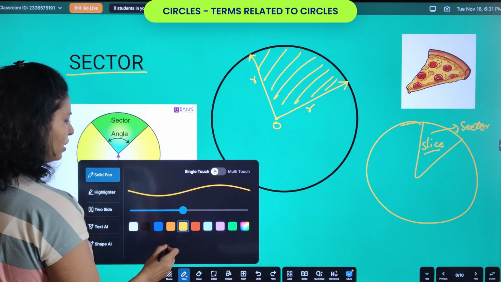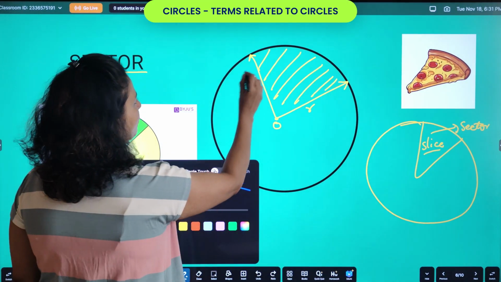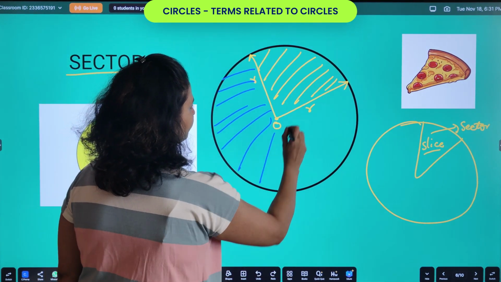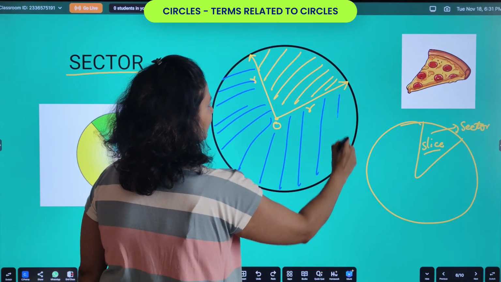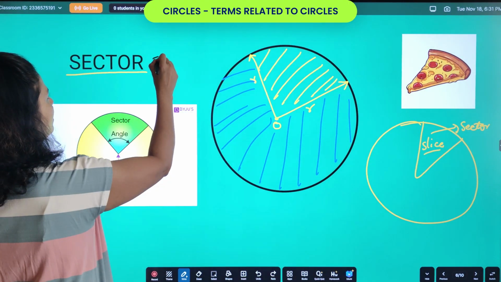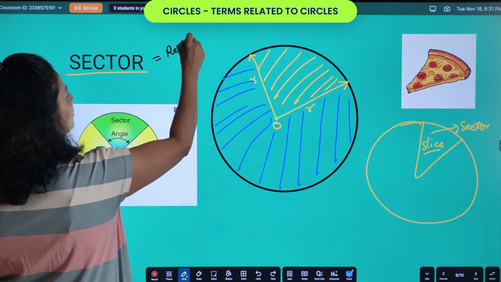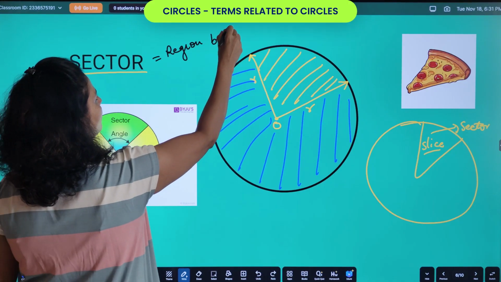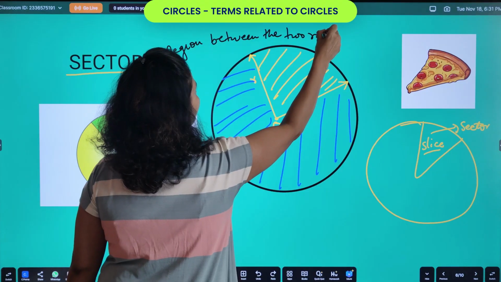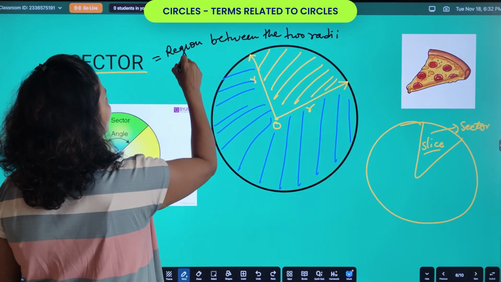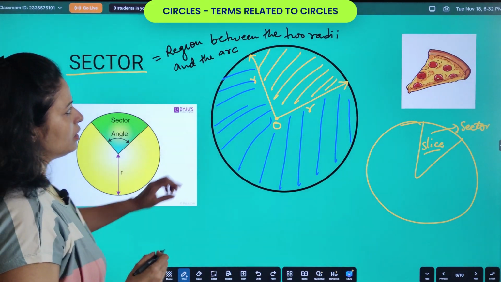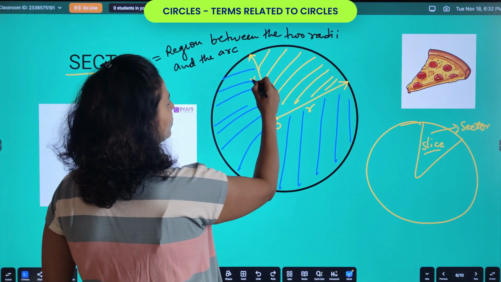And we have one more region here. What is the other region? We have the other region. This is the bigger region also we get, right? This is the bigger region. So can you see there are two regions? So basically what is sector? Sector is the region between the two radii and the arc. Okay, so if you see here, these are the two radius, and